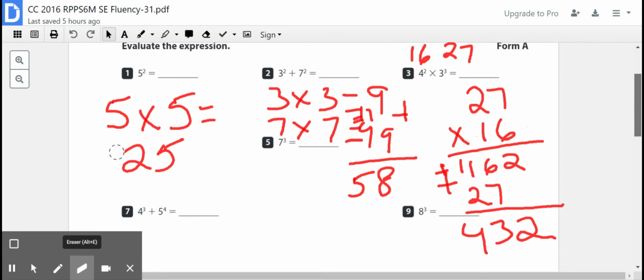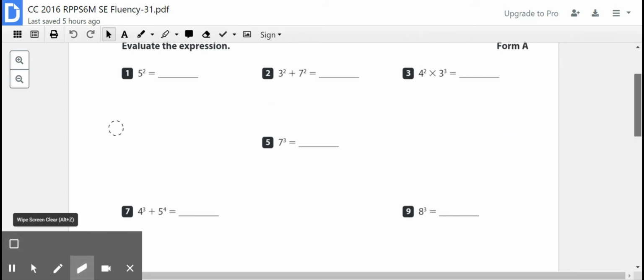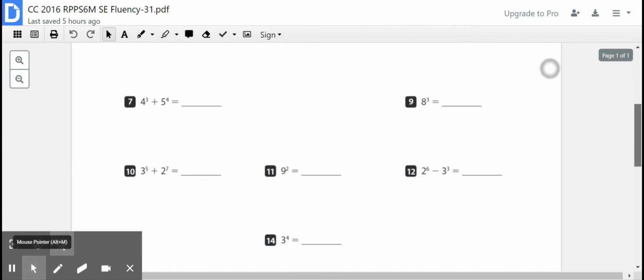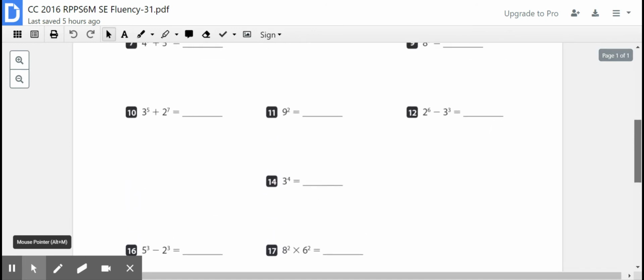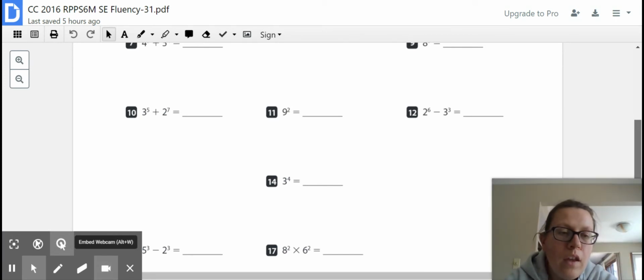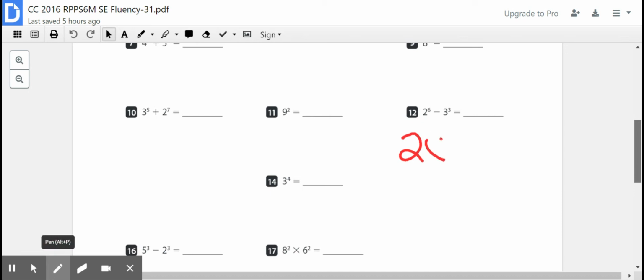All right. So I am going to erase this. And then I am going to scroll down, friends, and we're going to do one more. We are going to do number 12 together. Okay? So for number 12, what we have to do first is we have to do 2 times 2 times 2 times 2,